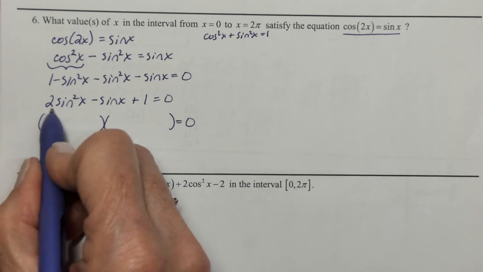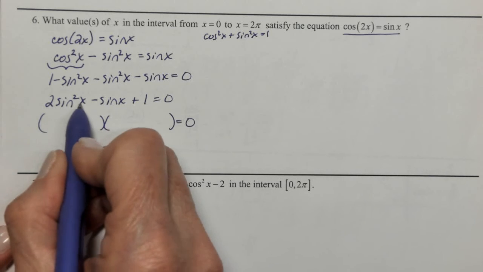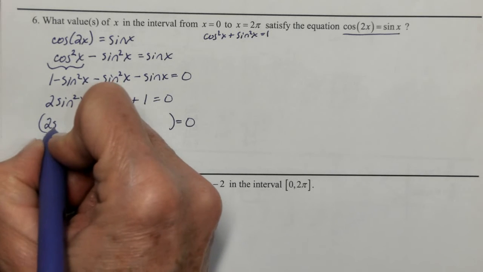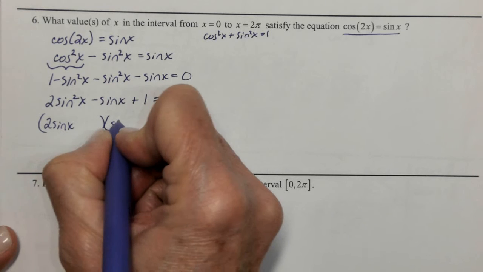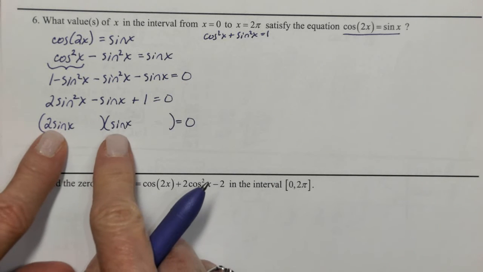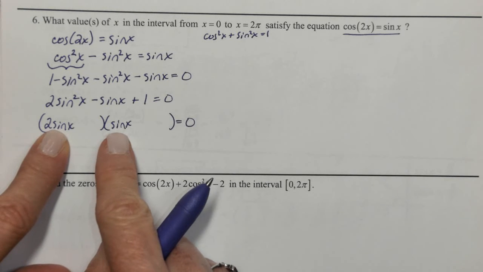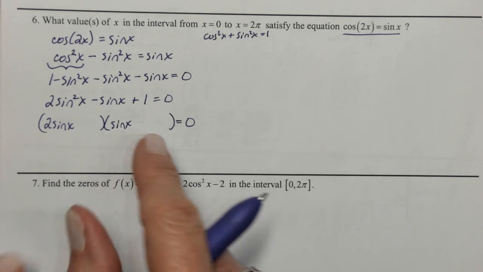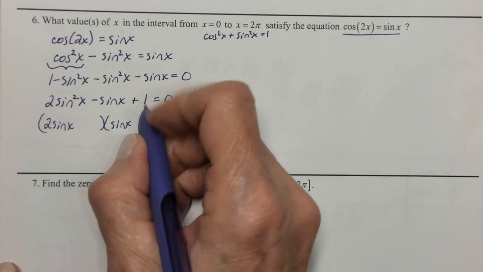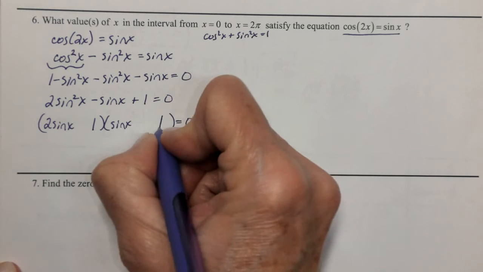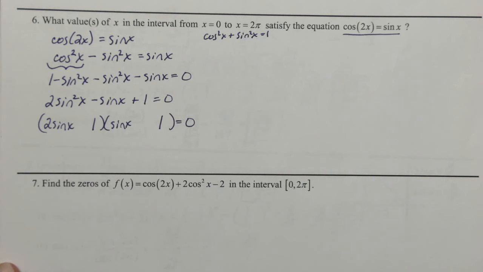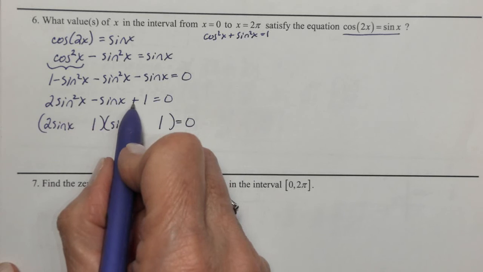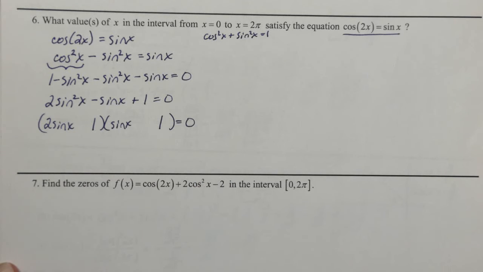What 2 things multiply together to get 2 sine squared x? 2 sine x and sine x. They foil together, the F part of FOIL, that will get back that 2 sine squared x. Fortunately, there's just a 1 in the back, so only 1 and 1 will do that. Okay? Since it's a plus there, I'm going to need the same signs, and